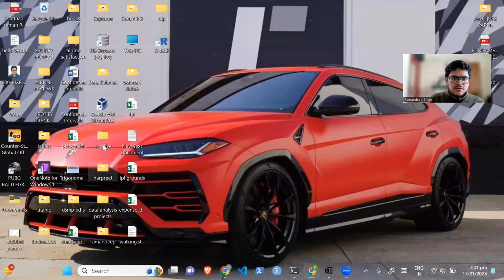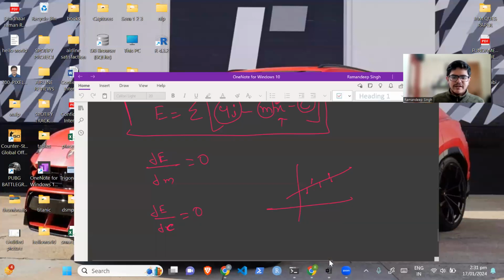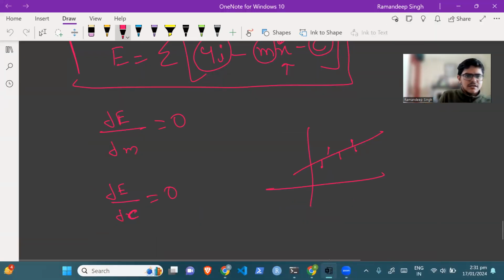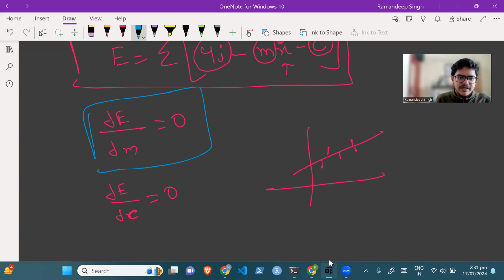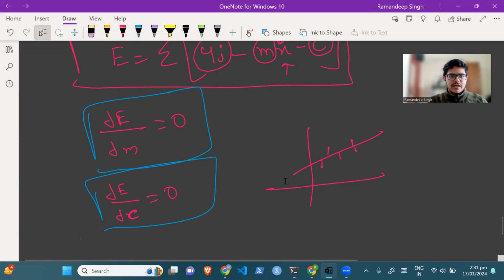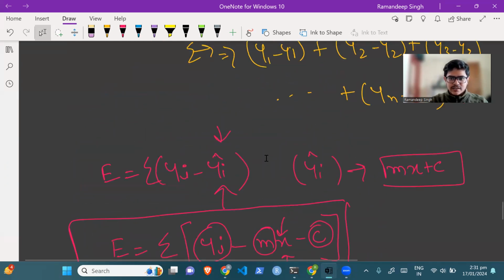Okay, so we will start from where we left yesterday. That is, we want to optimize the error function such that it is minimized. But before going ahead and proceeding, I would like to share a few points with you that we discussed